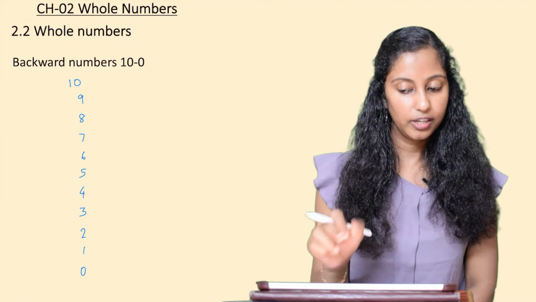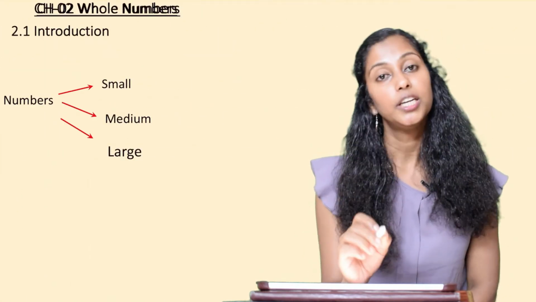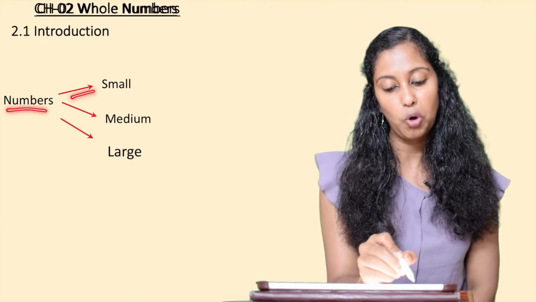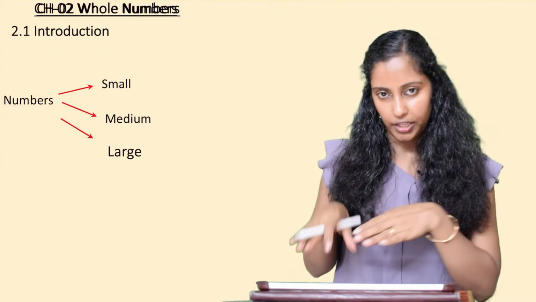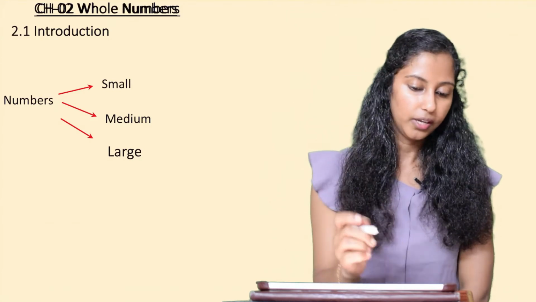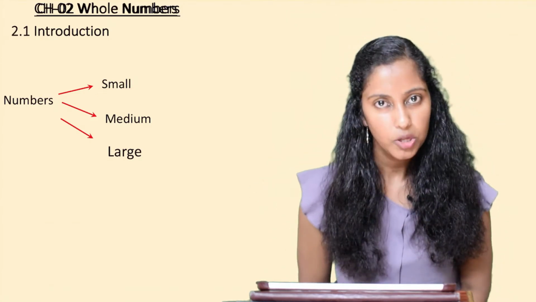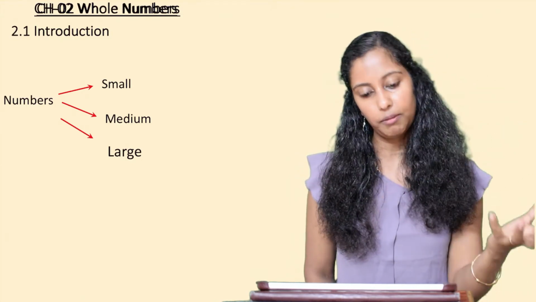So what is this 0? What is the whole thing about 0? We'll see it later. Before that, we'll discuss that numbers can be small, medium or large, just as we all are. Some are very short in height, some are of medium height, some are still taller. So numbers can be as small as the number of family members in our home or the number of pens that we have in our pouch or compass.